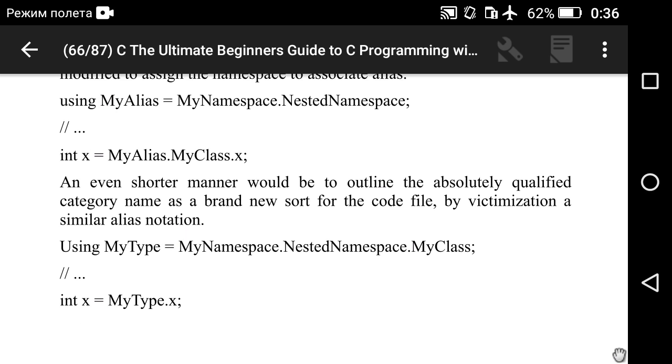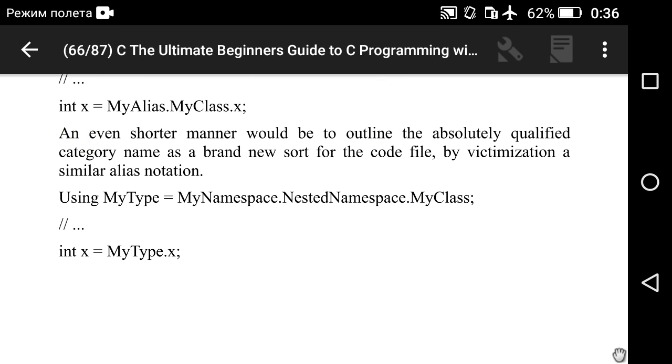An even shorter way would be to define the fully qualified class name as a new type for the code file by using a similar alias notation. using MyType = MyNamespace.NestedNamespace.MyClass. int x = MyType.x.